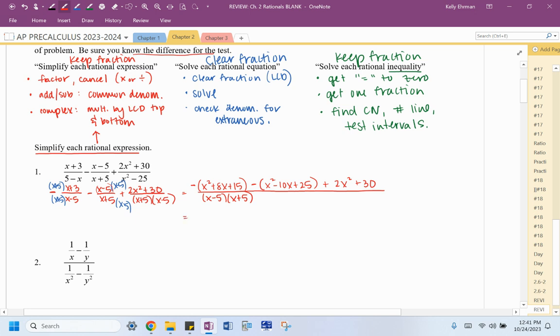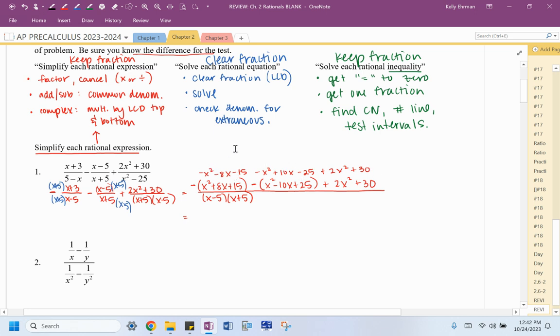All right, then distributing the negatives, I'm just going to write that up above here. I just don't want my work to run into the next problem, so distributing negatives through. And so once you set up a common denominator, you distribute in the top, and then the goal is to